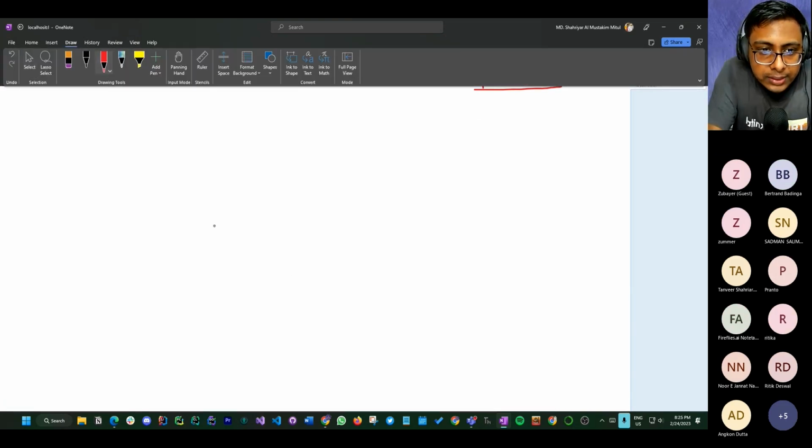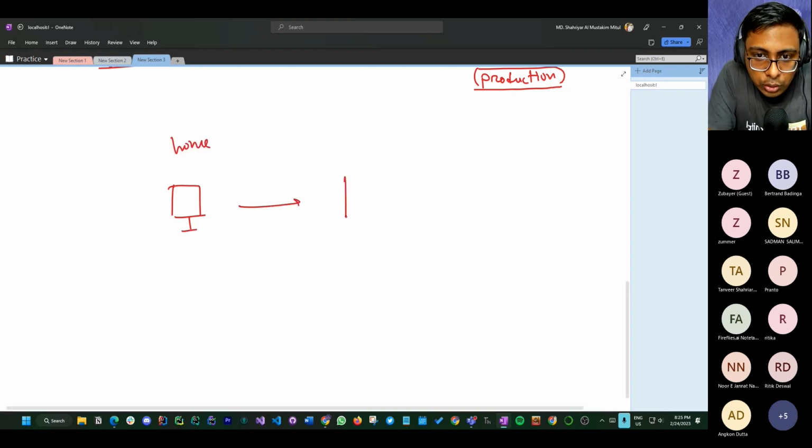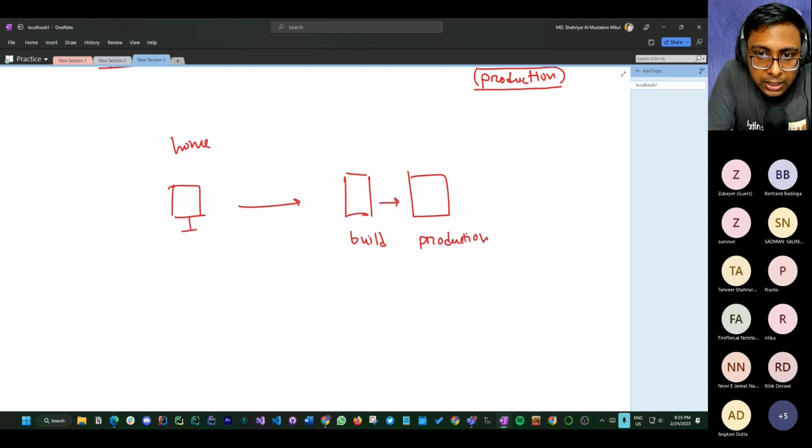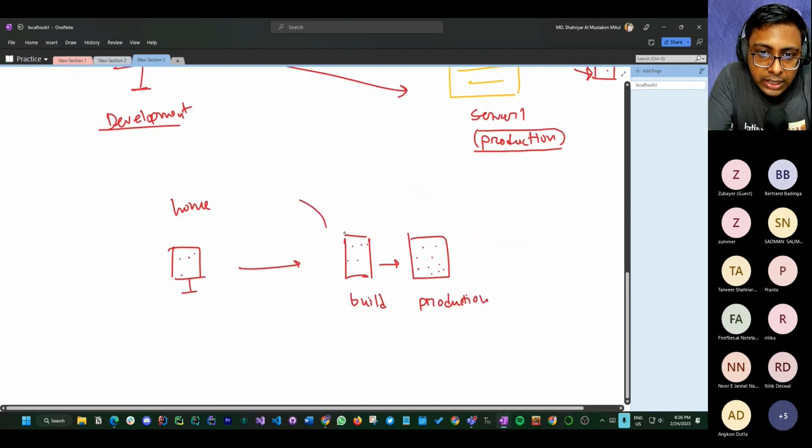Basically this is your home, right? Now while using the server, what you are going to do is hire some other servers as well, just for building purposes, and here for production only, because here we don't want to build the code, we just want it to be hosted on this server. So this is our code. Basically it comes here, and here it is built. You saw this, right? So it is provided here, built here, and then it is here.